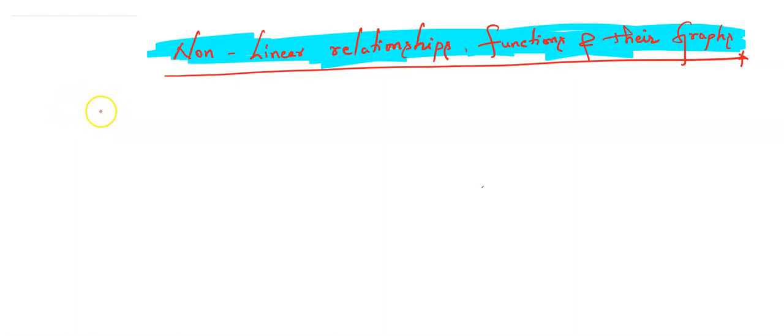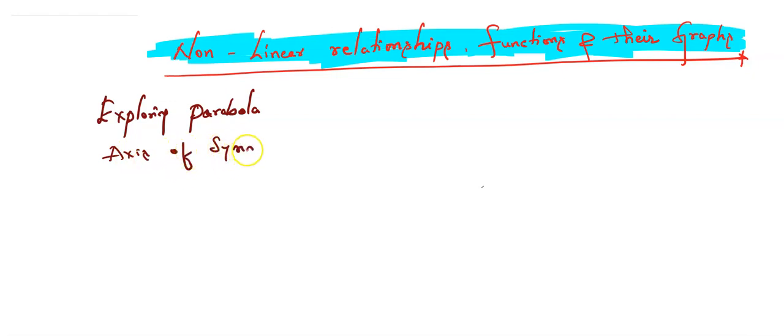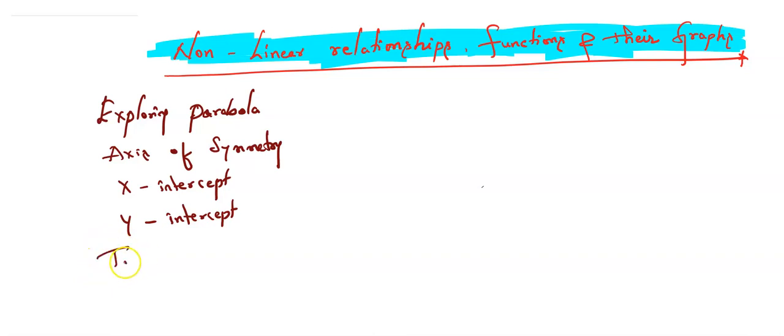We are going to explore the complete parabola and its curves, and also discuss the axis of symmetry, the x-intercept, y-intercept, and how to identify the axis of symmetry, x-intercept, y-intercept in the given graph, and also the turning point,